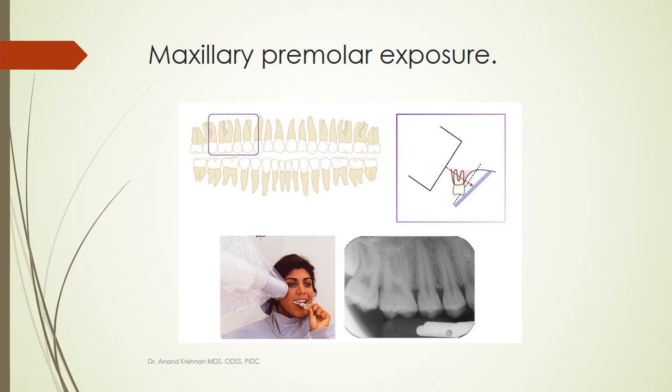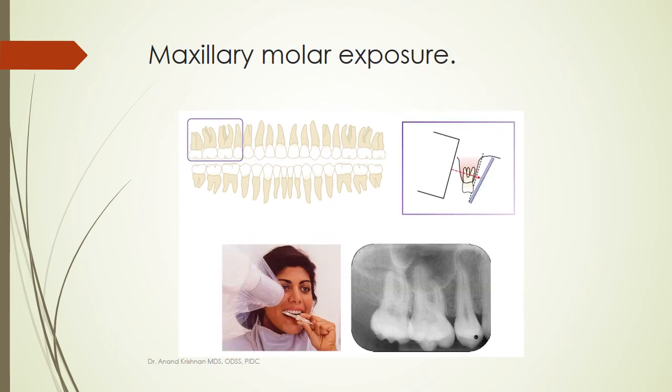For all the maxillary exposures, the patient's head will be straight and the patient will be looking straight. There will not be any forward or backward tilt of the head. This is for the maxillary molar. In all the images that I've shown you so far, two things change. One is the positioning of the film, the second is the positioning of the tube head. You can see that the tube head has moved considerably from the anterior to the posterior area along with the film.